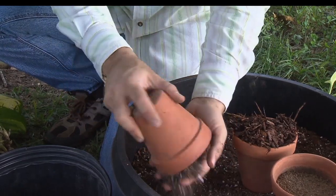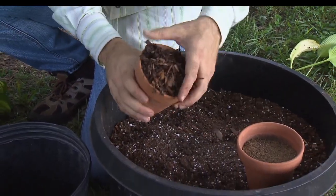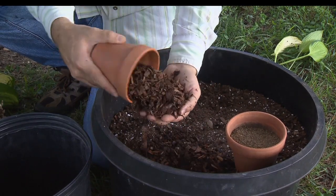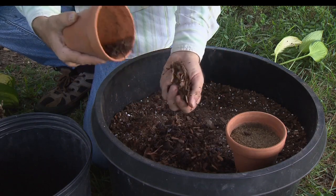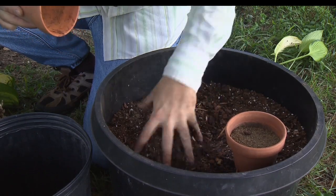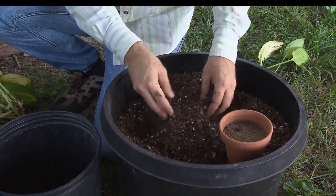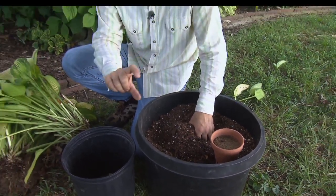So what I do is take my Pro Mix and I blend it at about 50-50 by volume with soil conditioner or pine fines. So this is very coarse and very gritty, and that opens the other potting mix up just a little bit more. It makes it drain better, and especially in the winter, if I'm overwintering things in pots outdoors, drainage is really essential. You don't want the bottom 2 or 3 inches of the pot to sit